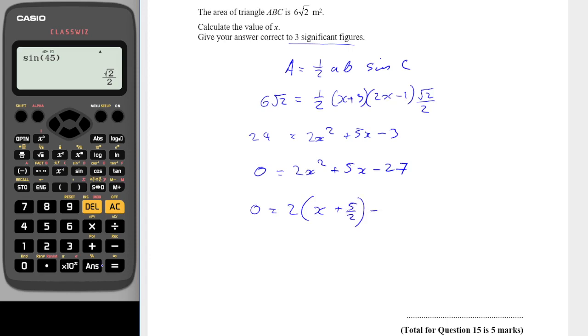From that, I'm going to have to subtract 5 over 2 squared, which will be 25 over 4 times by 2. So I'm going to have to subtract 25 over 2, but I've still got to subtract 27. So if I add 27 to that,